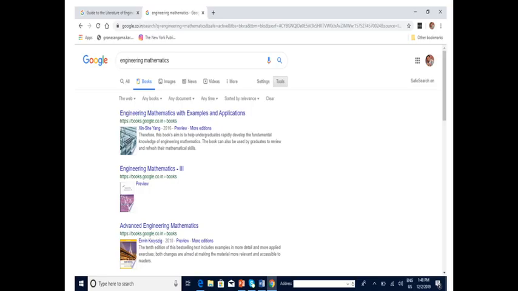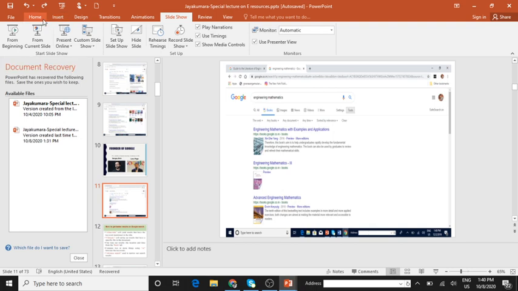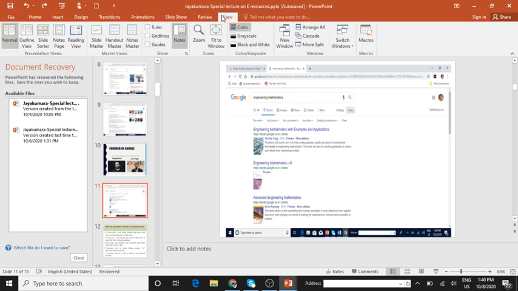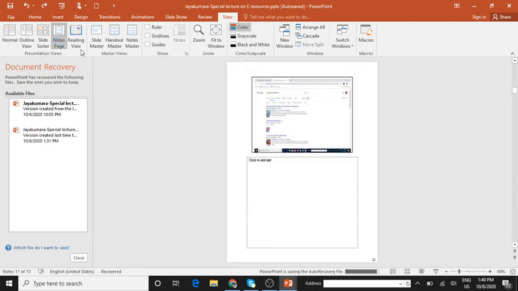Then next one, notes page. Okay, so this is your notes page. If you want to add something to the slide which you have already created, you can add the text over here. It displays the speaker notes created to go with each slide. Whatever explanation I am giving, you can just add it up here and it appears for you. That is the notes page view. Okay, the next one is slide master.